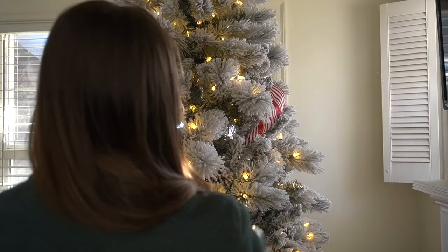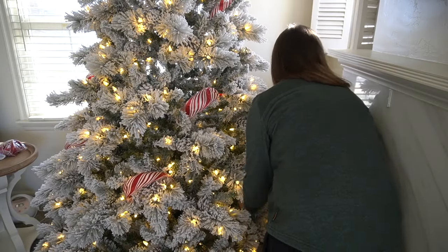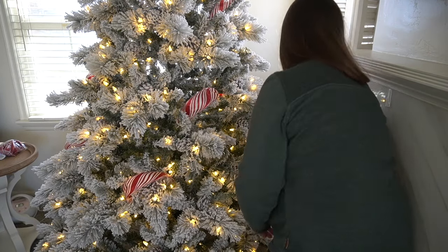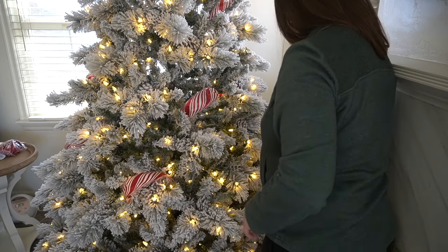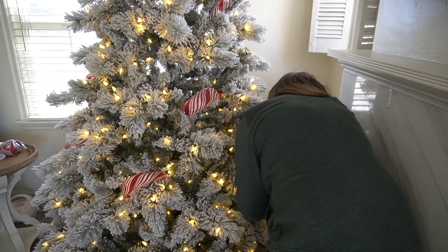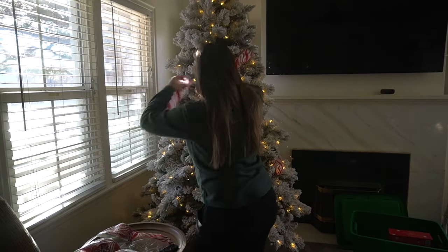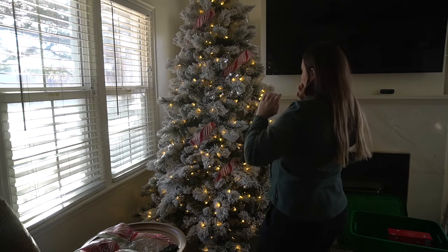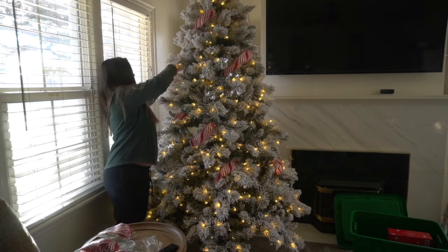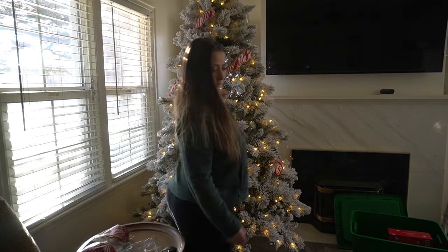And I will say I already had the pre-cut ribbons, and I almost wish that they were a few inches longer because there are a lot more gaps and the branches are bigger on this tree. So if you have a bigger tree like this, I would say go bigger than a foot long with your ribbon, just so you have more room. If you end up needing less, that's great. You can also try out just a few and see if you like that size and figure out what size is best for you. So I might pick up some more ribbon and switch it out here and there,